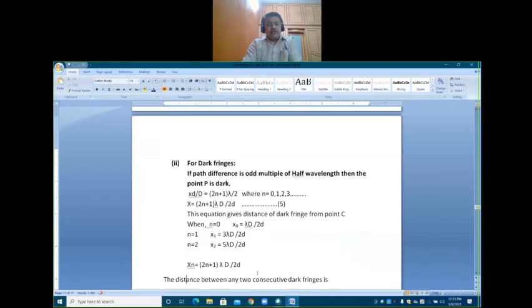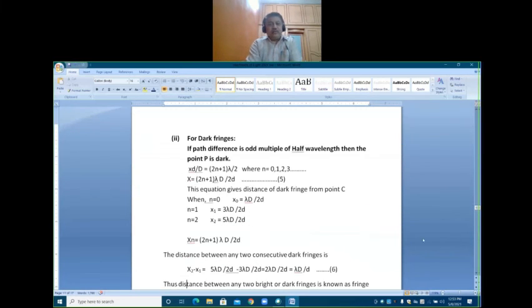So quickly you see the same thing for the dark fringe. The only condition is that the path difference must be (2n plus 1) lambda by 2. If it is n lambda, it is bright. If it is an odd multiple of half wavelength, (2n plus 1) lambda by 2, it is dark. So therefore, n is equal to 0,